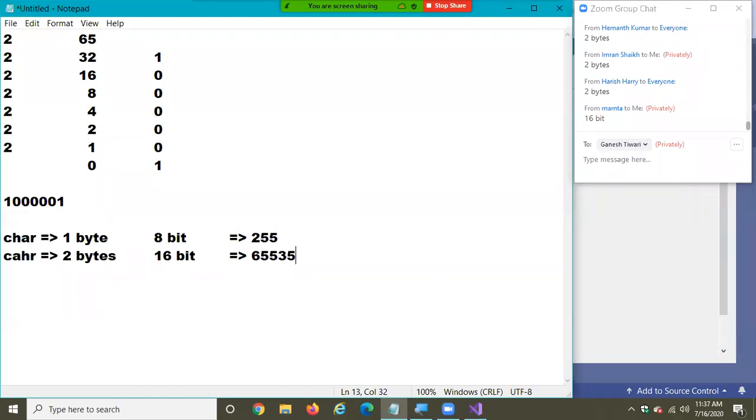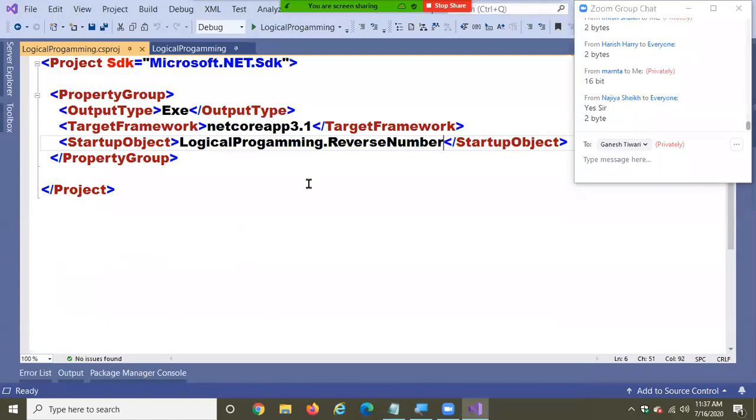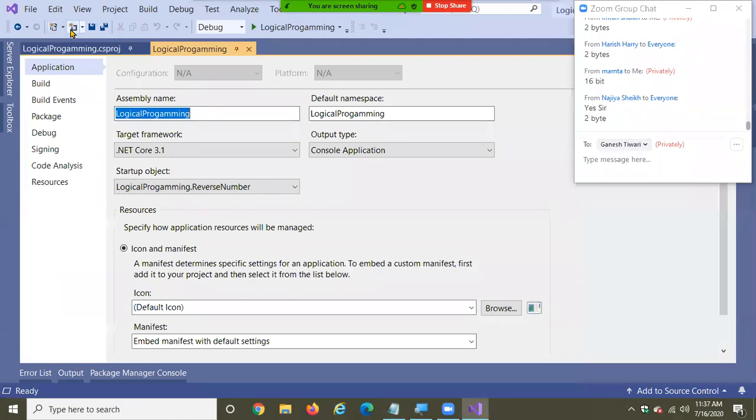So it depends here. If you give a number more than 65,535, 16 bit is not sufficient. You are required to go for a bigger size, something like 32 bit. So why I'm telling you all these things is, listen, I'm going to add a class here.